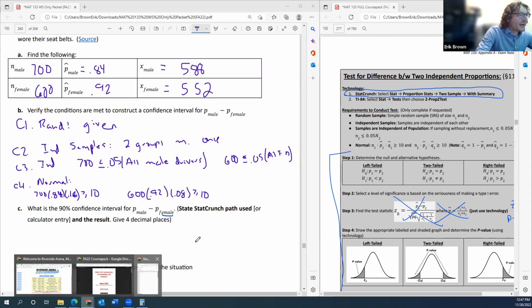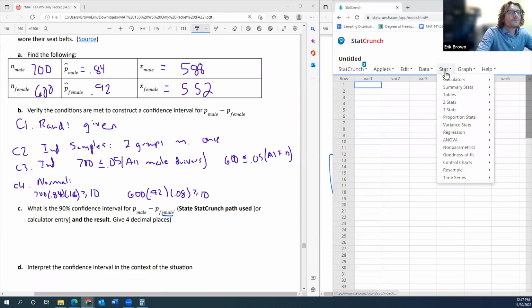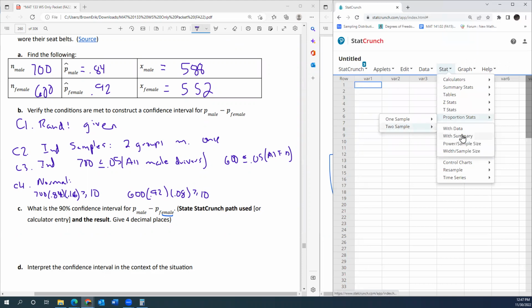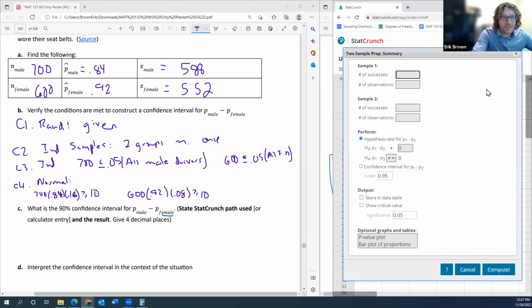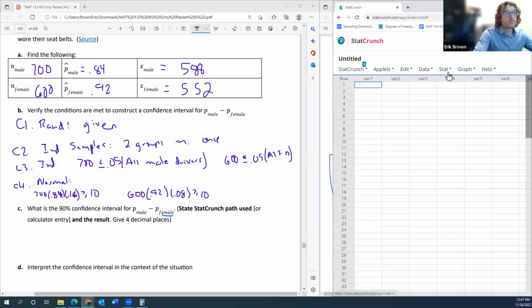Did you all get the confidence interval? That's as far as I got before I ran out of time. Same. Okay, let's just do that together for the sake of time. Same spot as hypothesis testing, right? Stat,